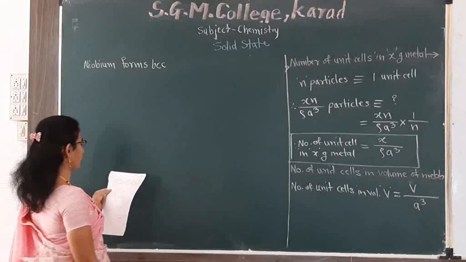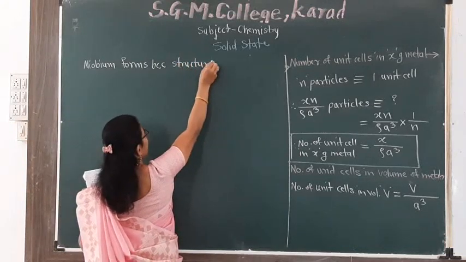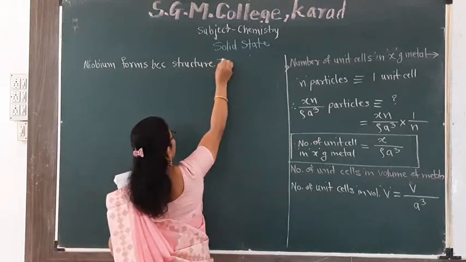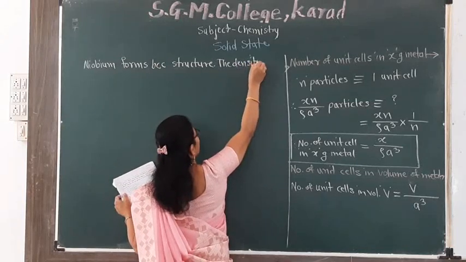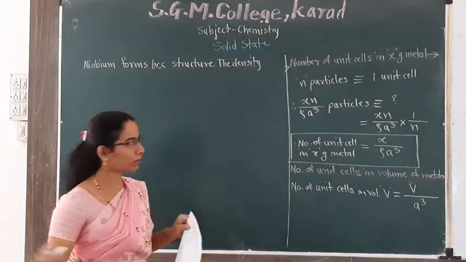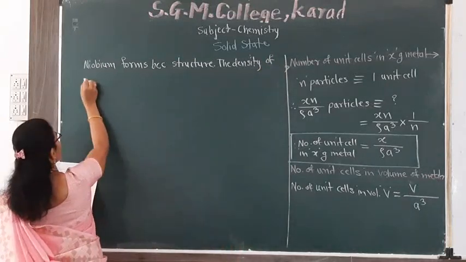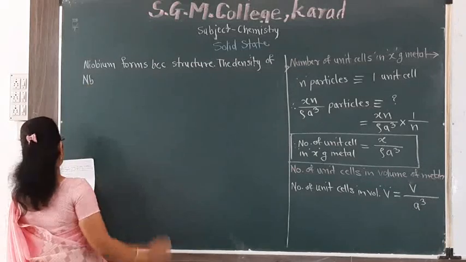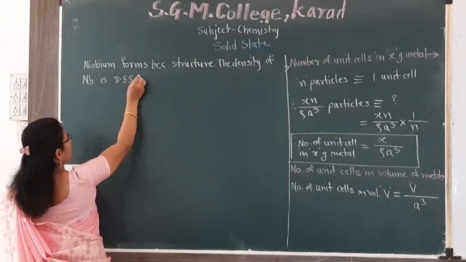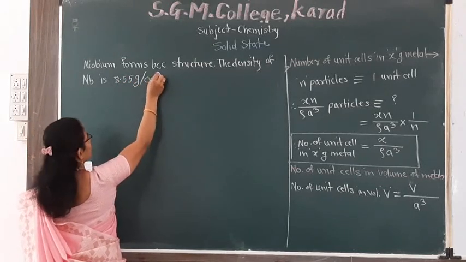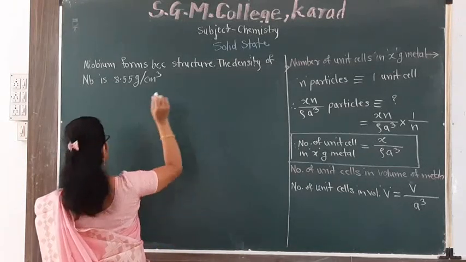Niobium is the metal which forms a BCC structure, a body centered cubic structure. The density of niobium, the symbol for niobium is Nb, is 8.55 gram per cm cube. And the length of unit cell